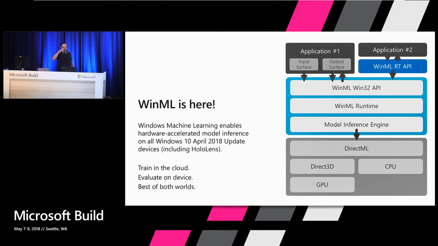So you could take a model and train it in the cloud. You could use things like Custom Vision AI, which is really easy to use. You just upload a couple of images, label them, then you hit a button to train it, and then you can export that as a so-called ONNX model format. And then you can take that ONNX model with the pre-trained data and deploy that as part of your application and run it in real time, or almost real time, on the device with WinML. And that's really awesome because the puzzle pieces are fitting together, because we can use the best of both worlds there: good, beefy machines in the cloud to train the data and very short latency on the device for on-device inference.